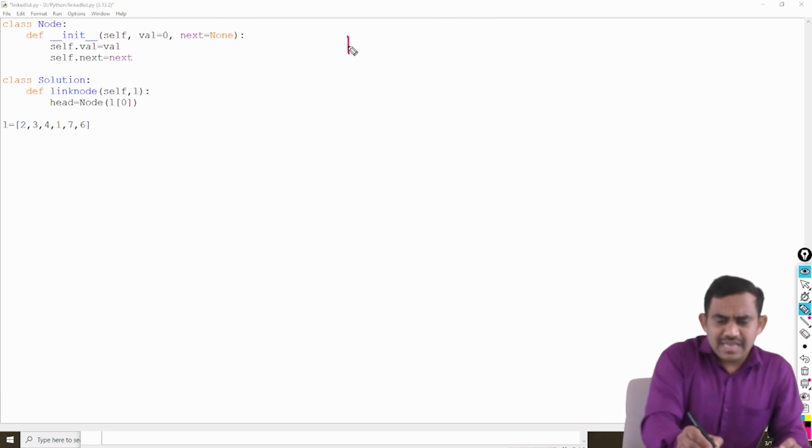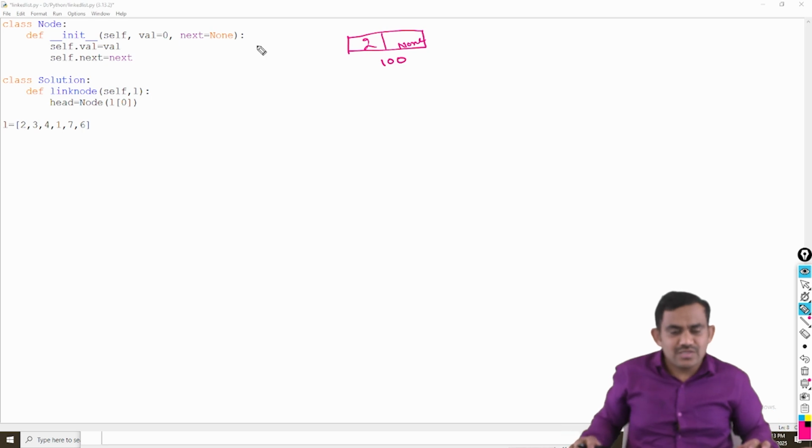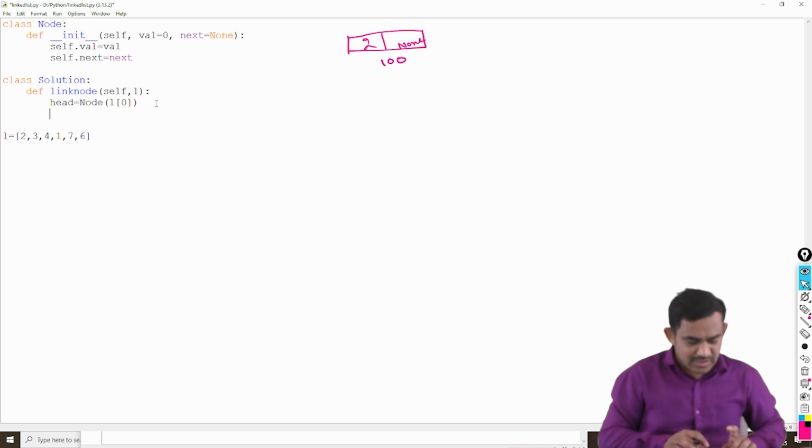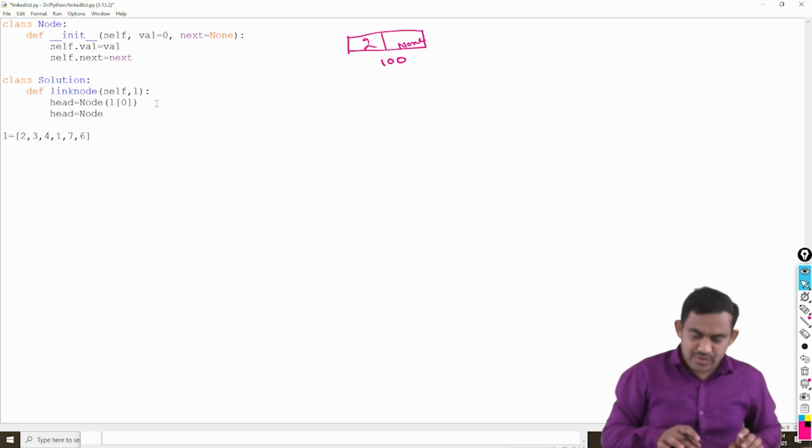So using that, I created 1, 2, and this is None. Suppose the address is 100. This is done. So what is the next? Your next aim is to create the next node. Suppose you want to create one more node. Suppose head equal to node with